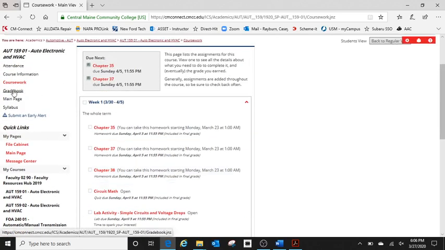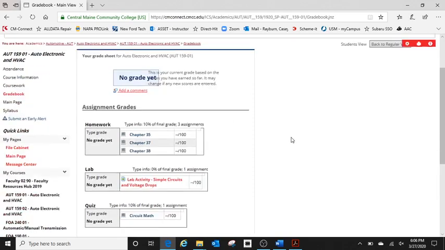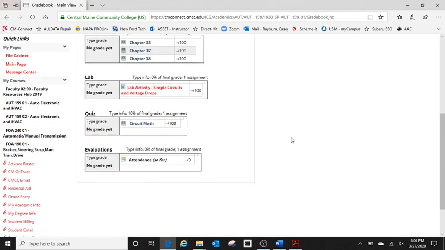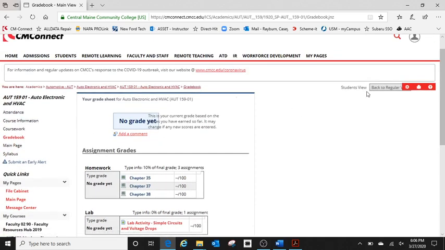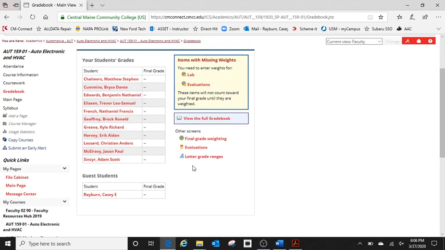When we go into the grade book, no one freak out. I don't have any grade yet, and I don't think you should have any grade yet either. But what we will have, it doesn't break it down. Let's see if I can put it back to regular view, I suppose. Oh, it's because a couple of these don't have options up there, but the gradebook is going to still follow